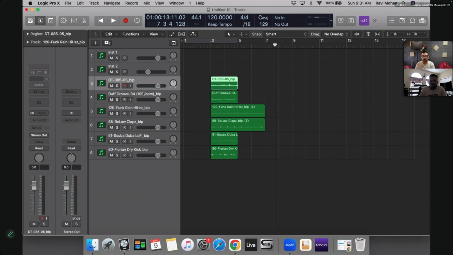Now let's say these are all of our sections, and let me just mute these and mute the kick in here as well, and say this is our first section of groove.